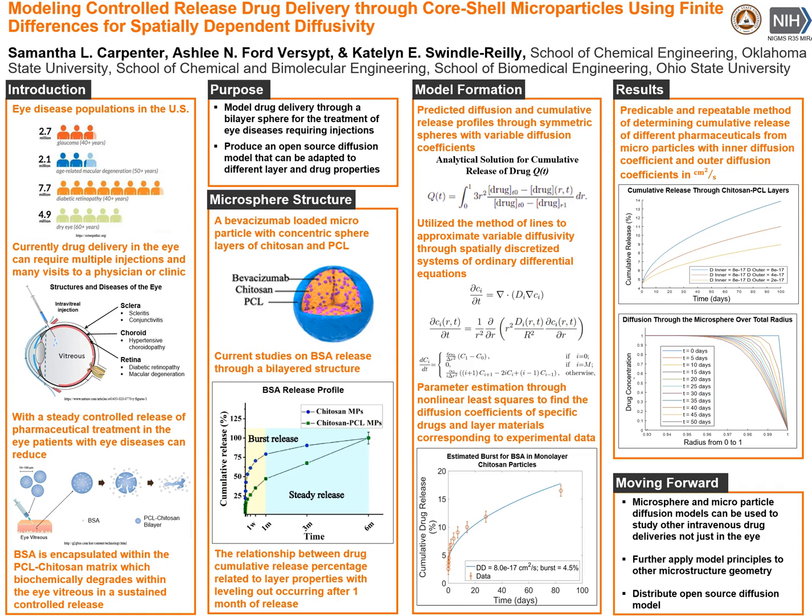The microsphere we modeled in MATLAB was a bilayered symmetrical sphere with an inner layer of chitosan and an outer layer of PCL mesh. This structure was directly studied by Dr. Swindle Riley's team. The experimental data gathered from their study, as shown in the graph below, shows the difference between a bilayered chitosan and a PCL sphere and a monolayered chitosan sphere and their drug release profiles. You can see that the bilayered sphere had a reduced burst percentage and a steady release over the next 5